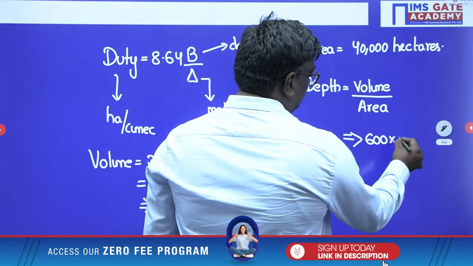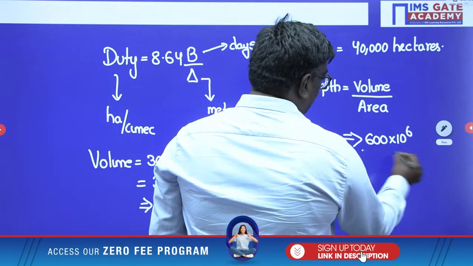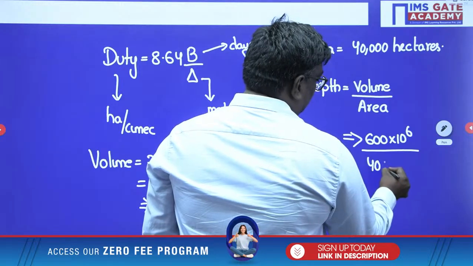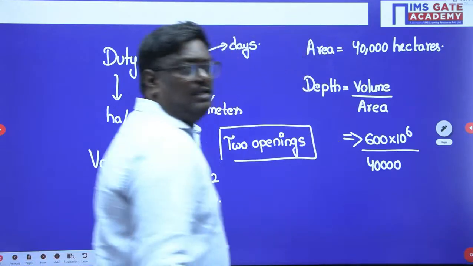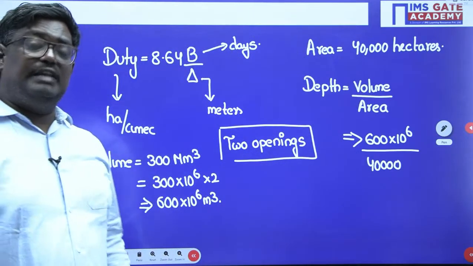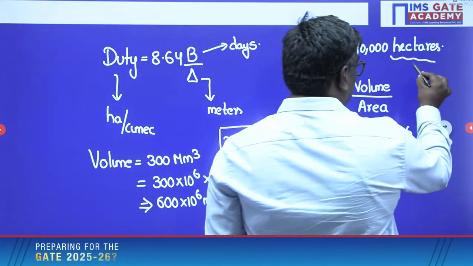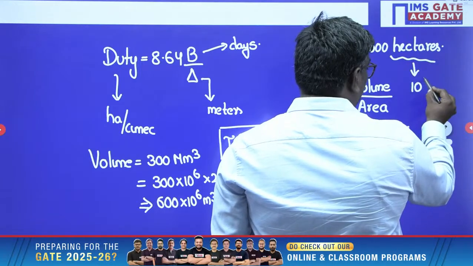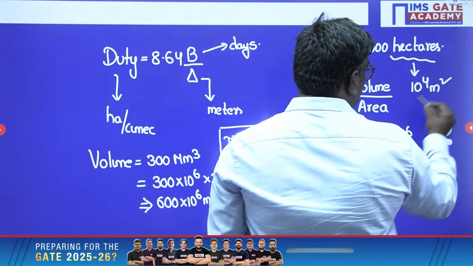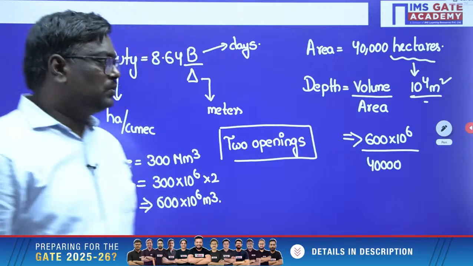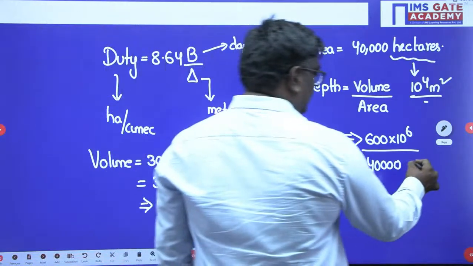600 into 10 power 6 upon 40,000. And remember, my dear students, they have given it in the question, but even if they have not given it, you should remember. 1 hectare is how much, sir? 1 hectare is nothing but 10 power 4 meter square. Agree? So if I do 10 power 4 here,